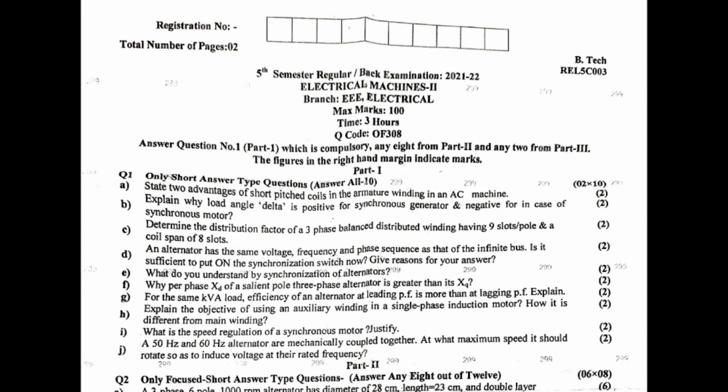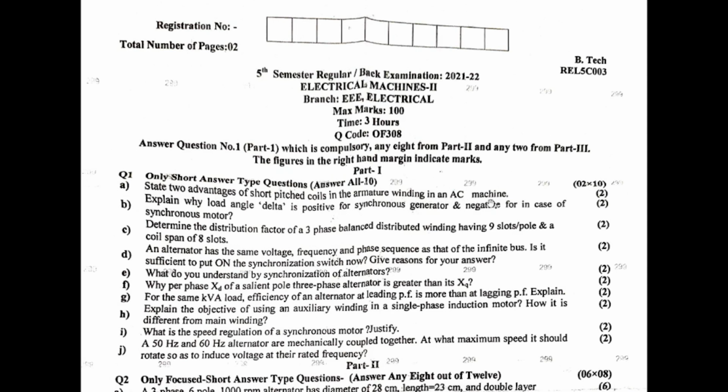Okay, so जो प्रीवियस ईयर क्वेश्चन था 2021 एंड 22 का जो भी क्वेश्चन आए हैं तुम प्रिपरेशन कर सकते हो और उसको छोड़ के जो सब्जेक्ट में तुम्हारा जितना मॉड्यूल है सब मॉड्यूल को कवर कर देना, लेकिन जो क्वेश्चन प्रीवियस ईयर क्वेश्चन आया है उसमें से भी कुछ मैक्सिमम क्वेश्चन आ सकता है। चलिए डिस्कशन करते हैं क्या क्या क्वेश्चन आया है। 1A पहले 2 मार्क का क्वेश्चन, state 2 advantages of short pitched coils in armature winding